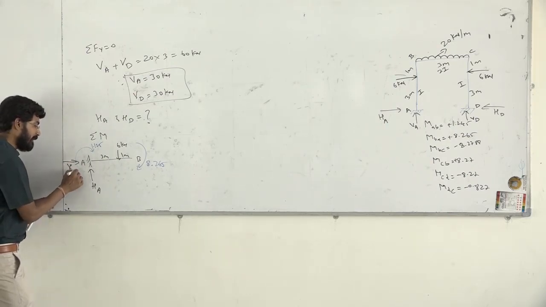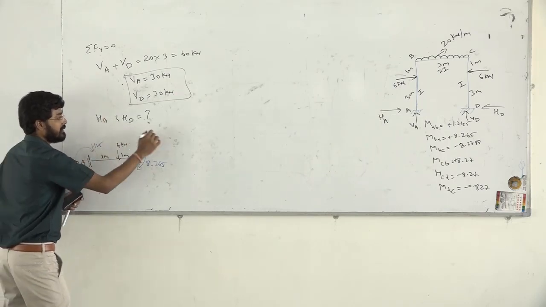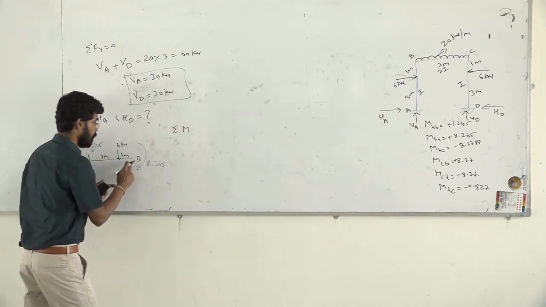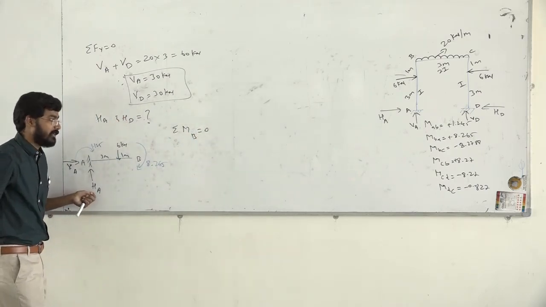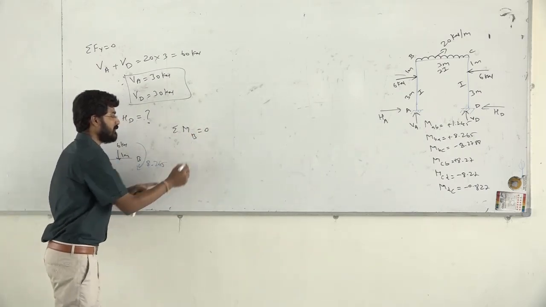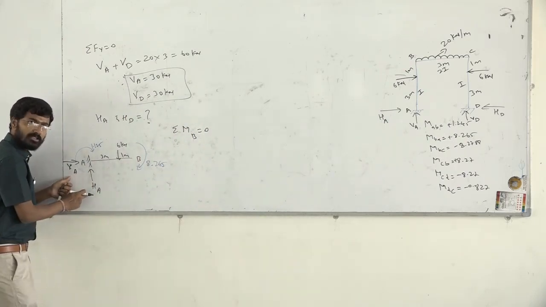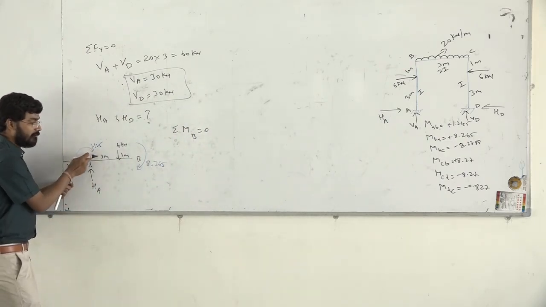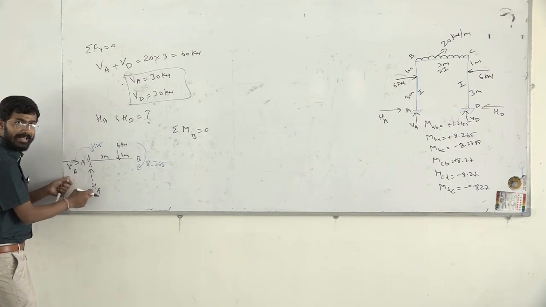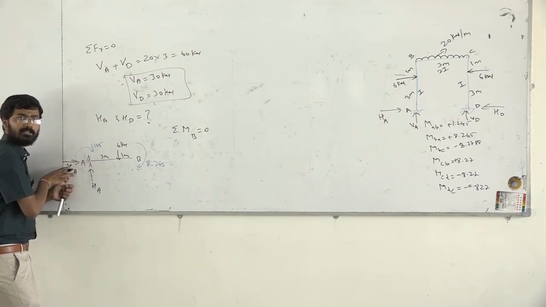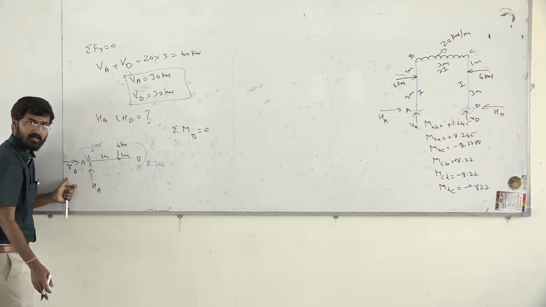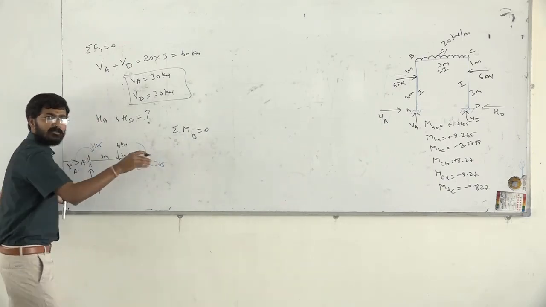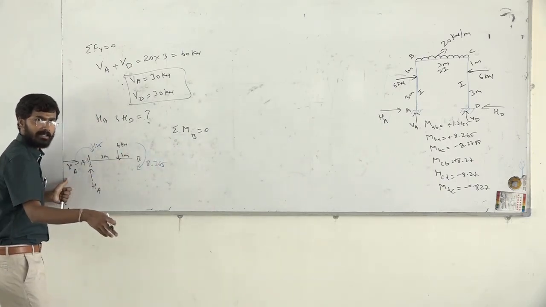But still, if I take a moment, now let us take the sum of all the moments at point B should be equal to 0. Then I can calculate my HA. Now, in the sum of all the moments at point B equal to 0, the forces we have are 1.125 and HA, but we don't have VA. Why? Because VA, if you see, it is along the line. We don't have any perpendicular distance. Yes or no? To calculate your moment, it is force into perpendicular distance. We don't have any perpendicular distance.